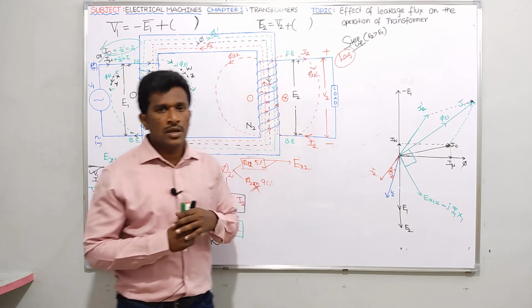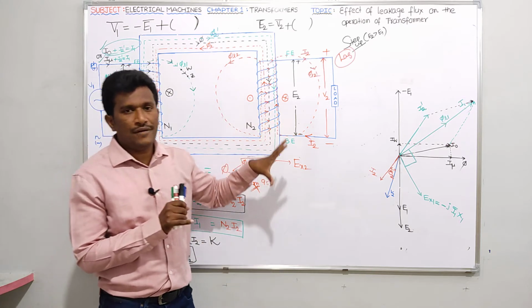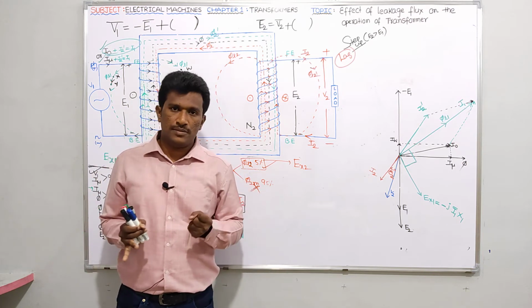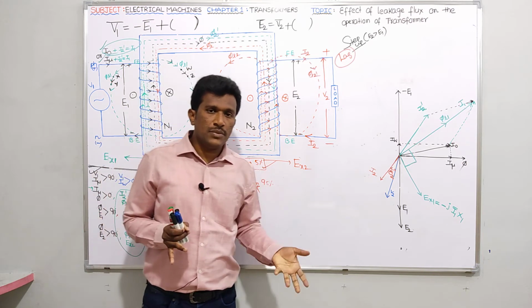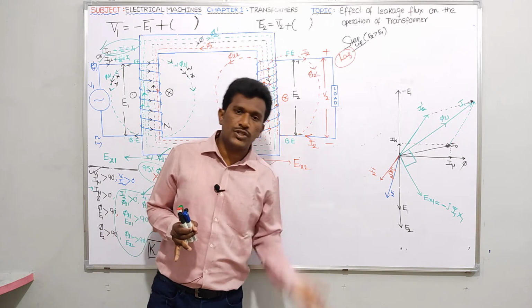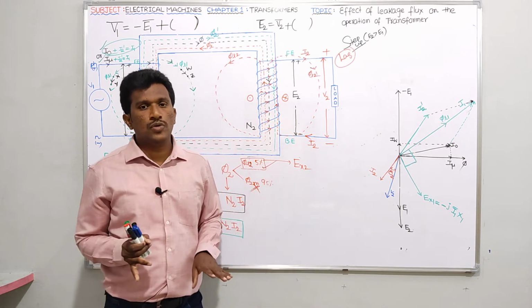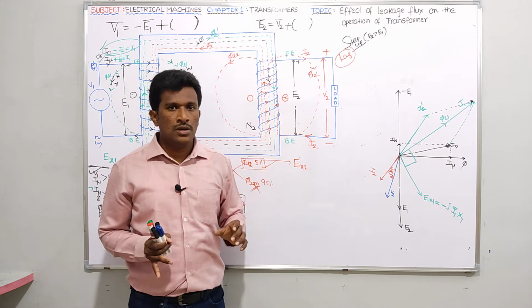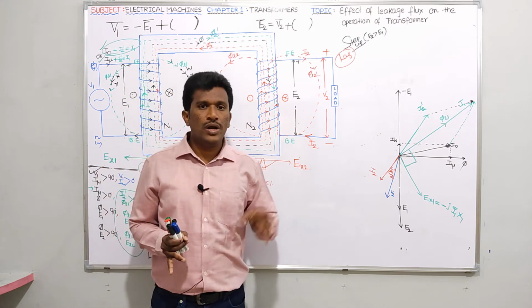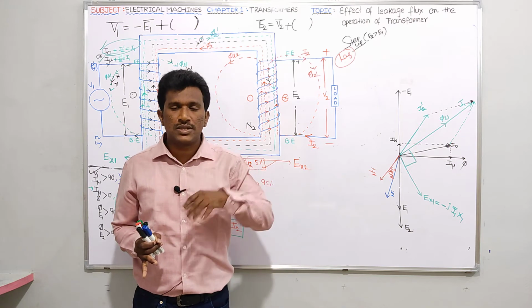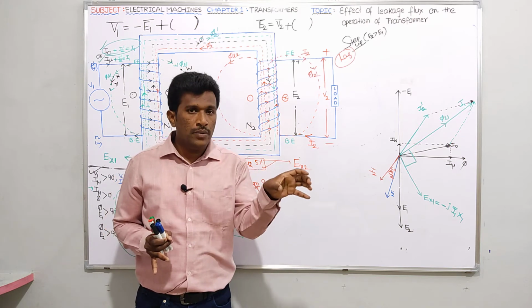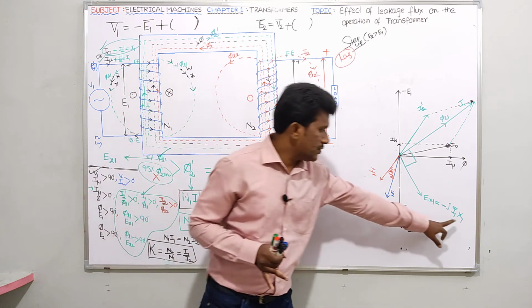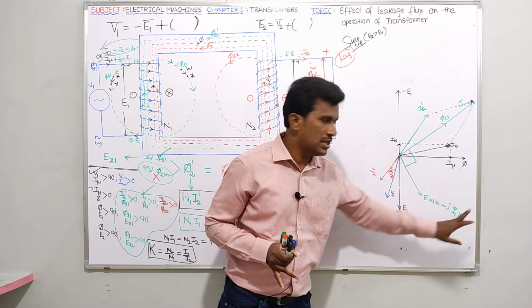Very simple, guys. If you are having only a drop, that drop you have to show with the reactance parameter. If you are having a drop and loss also, that drop you have to show with the resistor parameter. If you observe clearly, because of leakage flux we are having only the drop concept. We don't have any losses concept here. So we are having only drop, therefore that drop should be shown with the reactance parameter. That's why I use X1 here. Is it clear, guys? Right.